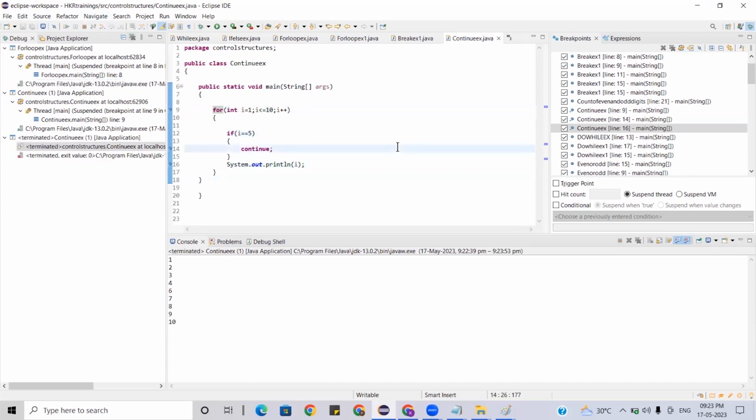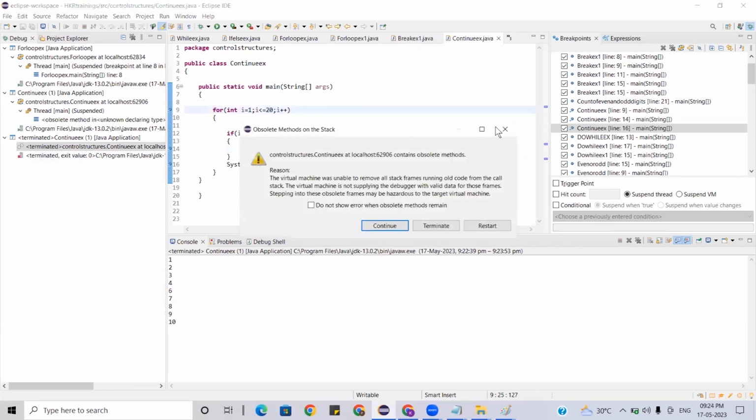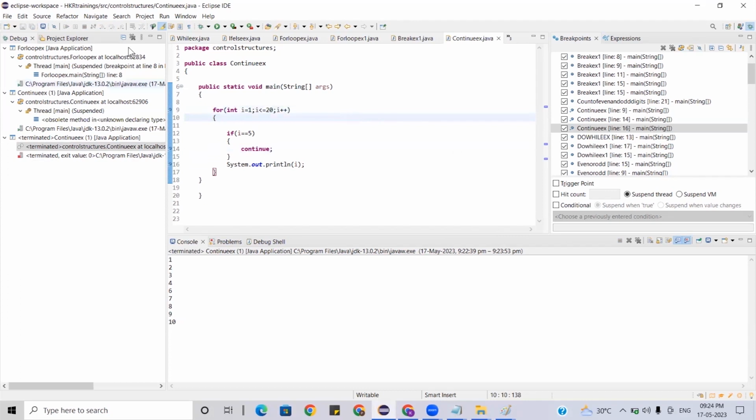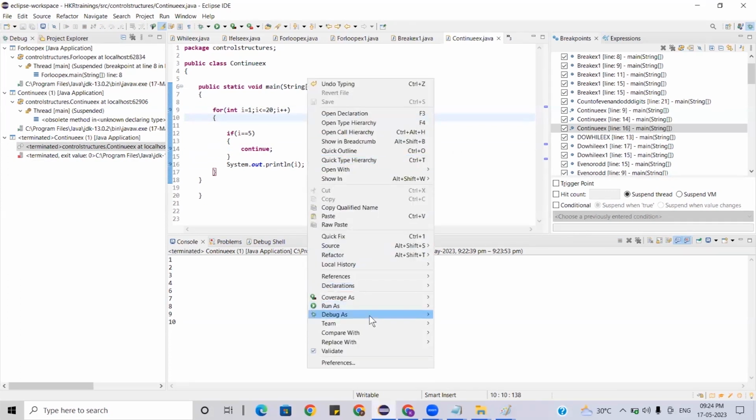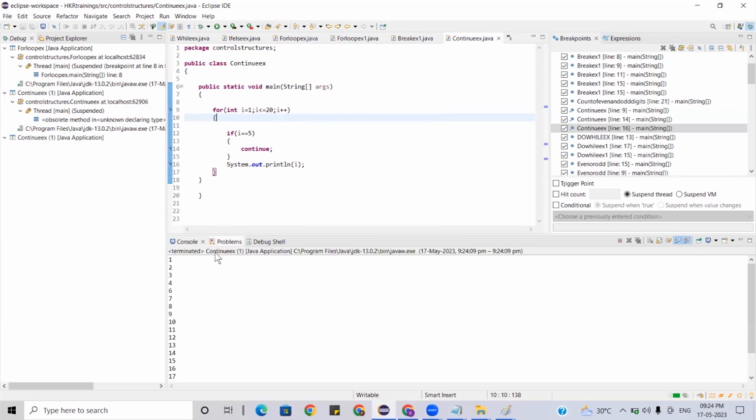Okay. Hope you got the point. Guys, you can also directly run it. So only 5 will be skipped here. So 1, 2, 3, 4, then again 6, 7, 8, 9, 10, 11, 12, 13, 14, 16, 17, 18,